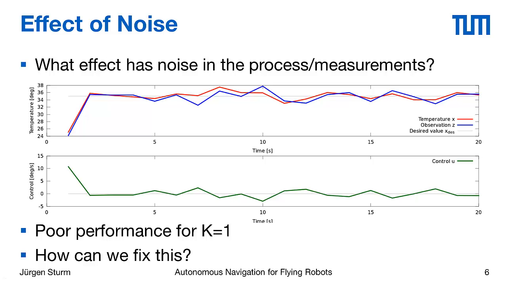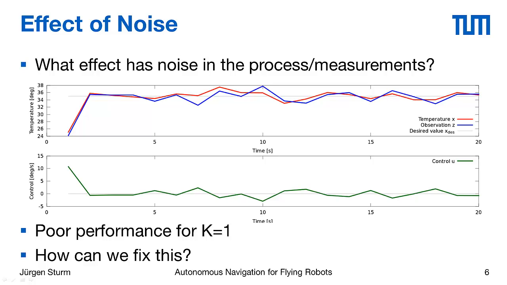Of course, this is not very realistic because you always have some noise in such a system, both in the process itself, so in the system, but also in the measurements or in your sensor. And now for this plot I added some noise in the measurements. So instead of returning exactly the right temperature of the internal state of the system, we get a noisy observation of that. But still we can compare this noisy observation with our desired value, and then with the same law as before, we can use that to generate